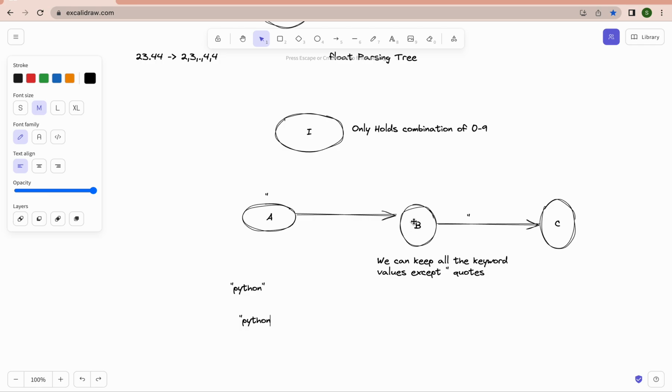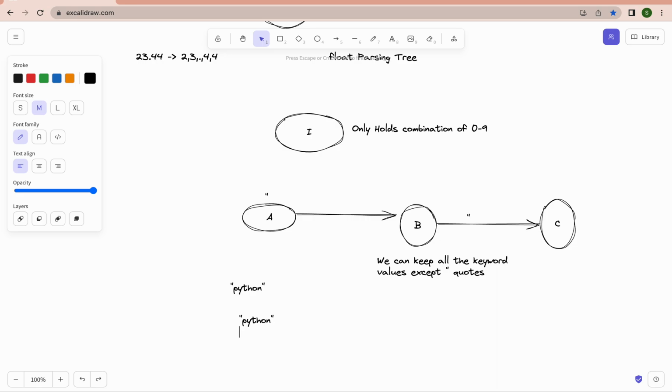state of B. But you know, right, the entire statement should reach from the A to C, and once it reaches C, at that time there is no more character pending from the user input side. Now I am able to reach B. Okay, I can't reach C because I did not provide the double quotes. That is the reason it is throwing the syntax error.